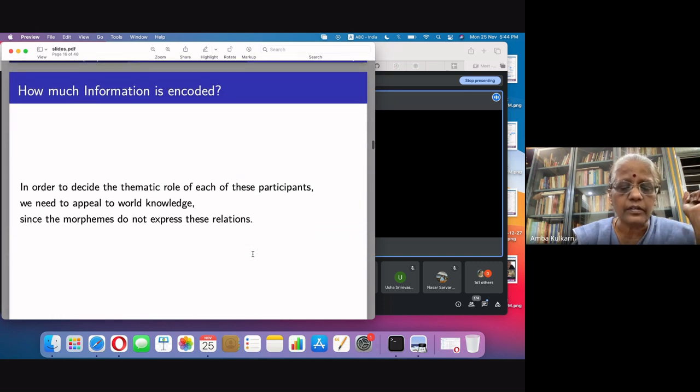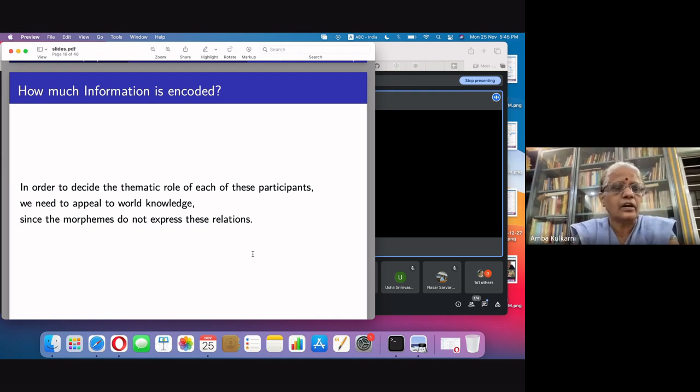But suppose I want to say, oh no, gas is an instrument. I should say gas is an instrument, it is a fuel. So I cannot call it doer of the activity. Then we will have to supply a lot of word knowledge to the machine. Then only the machine can understand that this gas is the fuel. Let me take another example.